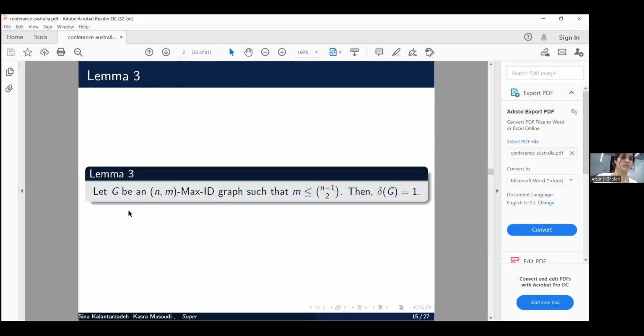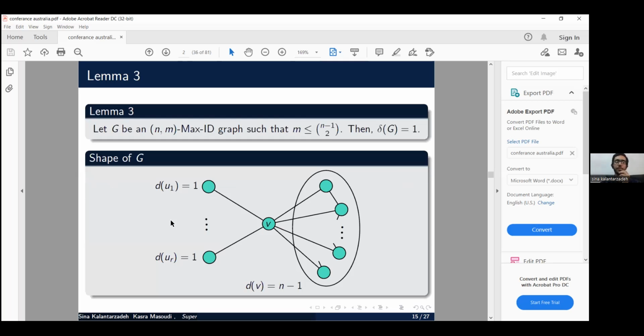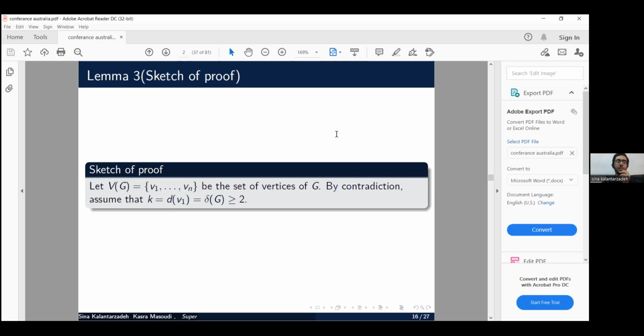So we have seen the shape of graphs which have many edges, and then we want to talk about the shape of graphs which don't have many edges. We can prove that delta, I mean the lowest degree of them, is equal to 1. We skip the proof,